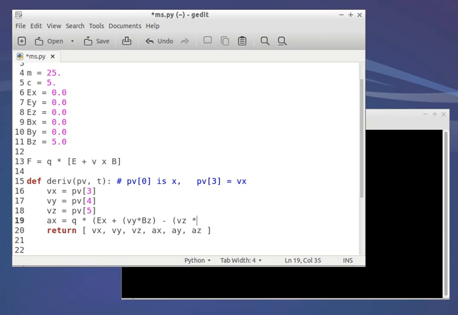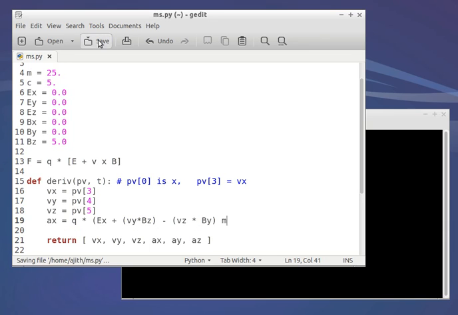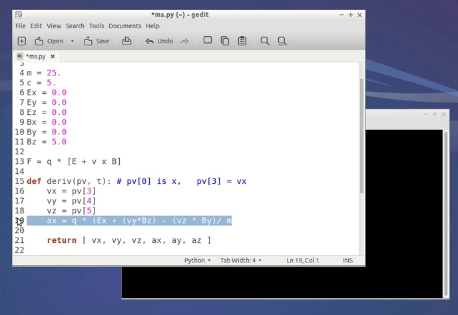into By. So all you have to do is look at the definition of the cross product, and this force divided by mass is the x acceleration, acceleration in the x direction. Now we have to get